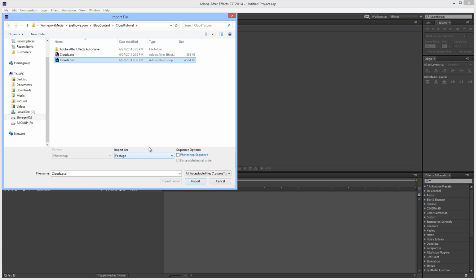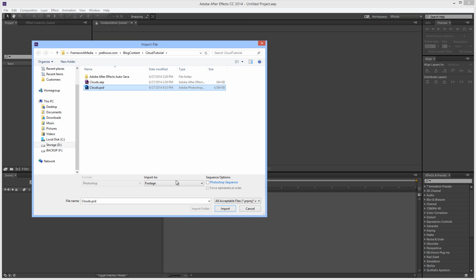Here it is. And as you bring the Photoshop file in, it's important, instead of just footage, which would bring it in as basically a single raster image, to bring it in as a composition, because what that's going to do is bring in all the layers separately. And so when we import that,